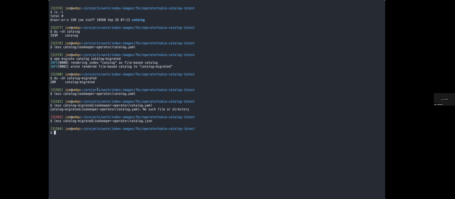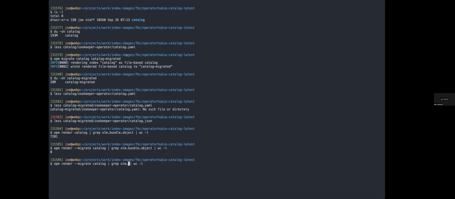The new stuff here is that I can do this command now, whereas before it would say, sorry, we can't migrate FBC catalogs. You can do this too. So this should show us how many olm.bundle.objects we have. And if I change this to, then this should be 0. And then if I look at csv.metadata,